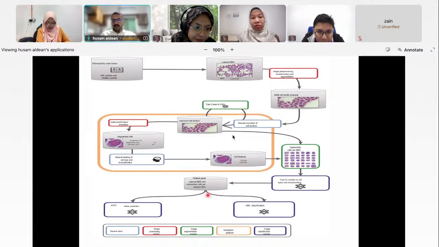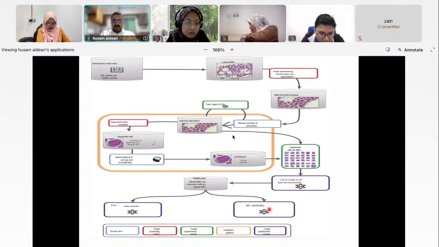After that, they divide the data sets into AML classification and NPM1 status prediction. In AML classification, they classify the samples as AML patients or non-AML patients. Then from the data classified by the model, they predict the NPM1 status